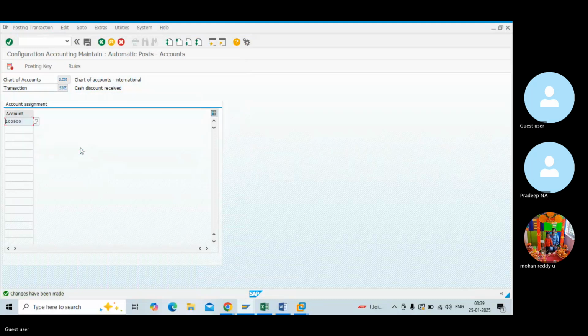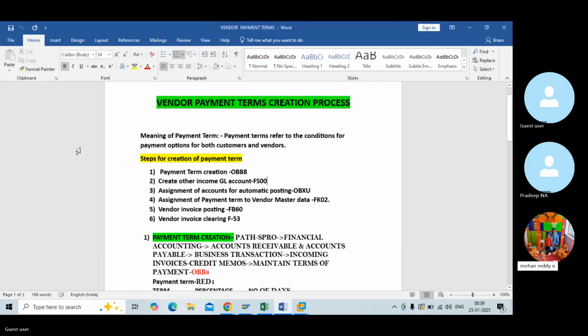Okay, so just 3 steps are completed. First, the payment term is defined, then the vendor discount GL account is created, then that GL account is assigned from the OBXU transaction code. The final step is that whatever payment term we created, we need to assign to our vendor master data. Only then, whenever we try to post vendor relevant invoices, the system will pick the particular payment term automatically. So go to